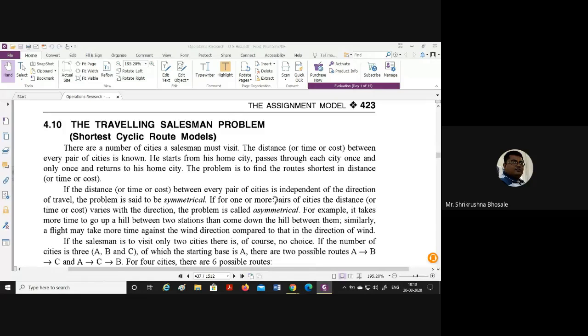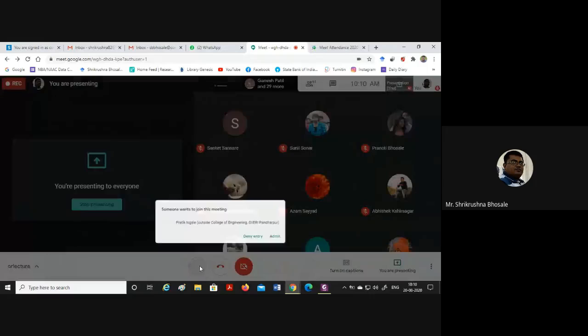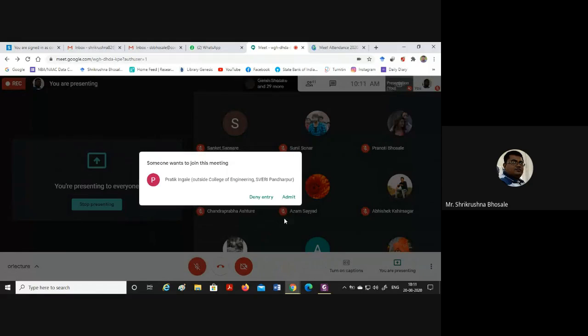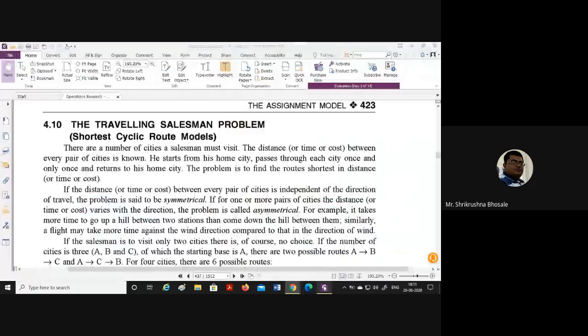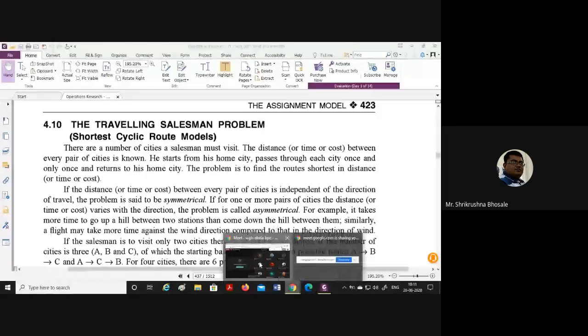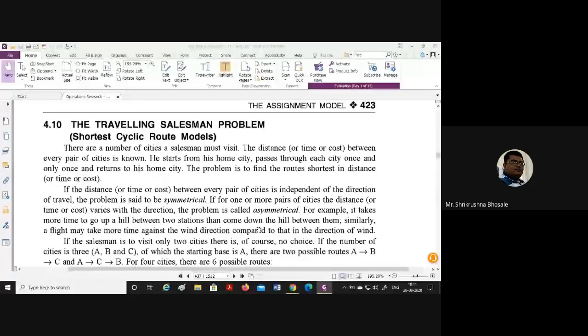Once and then solve. So that we have completed. And yesterday we have completed the last type, that is the traveling salesman problem. Is it right? So every part we have completed nearly. Every part we have completed. Then today's task is the last type of problem, that is the traveling salesman problem.